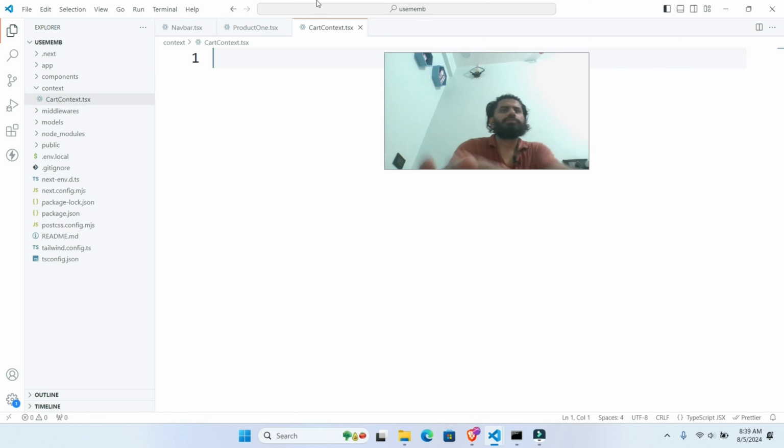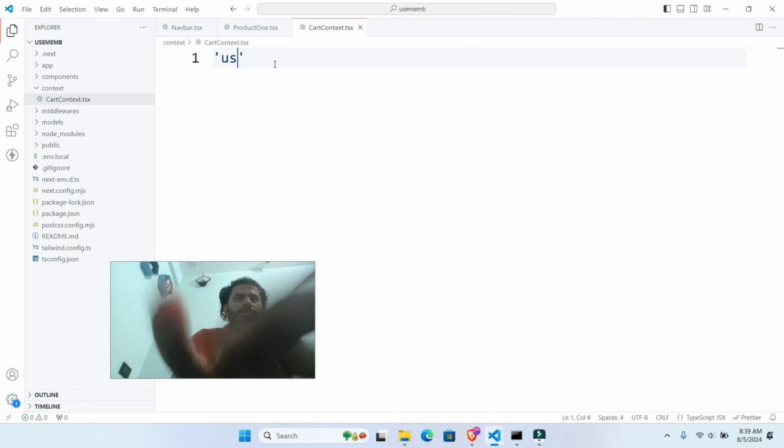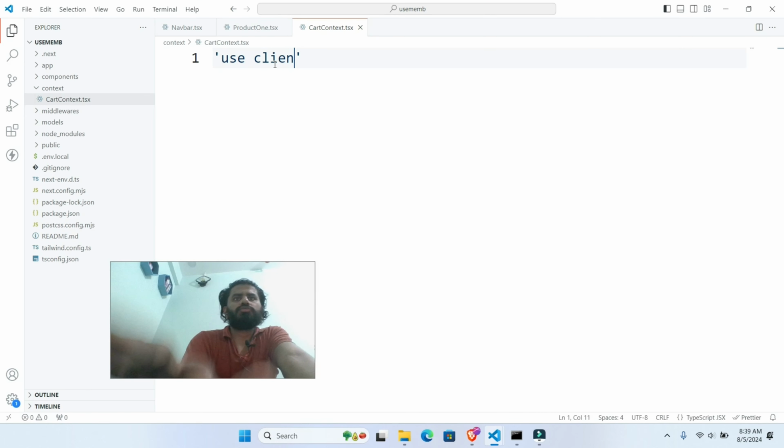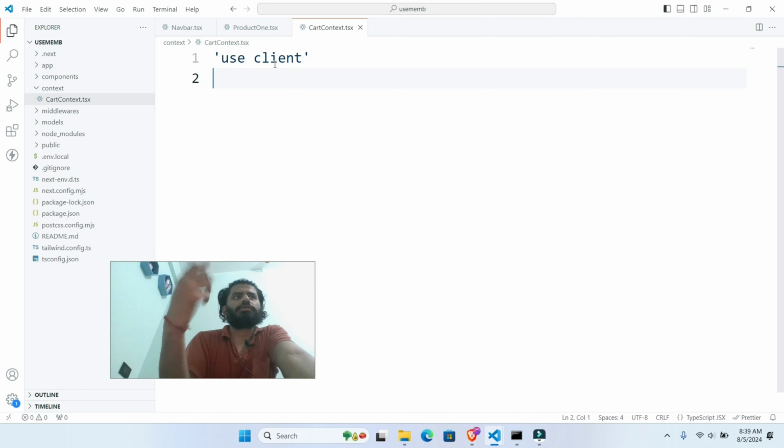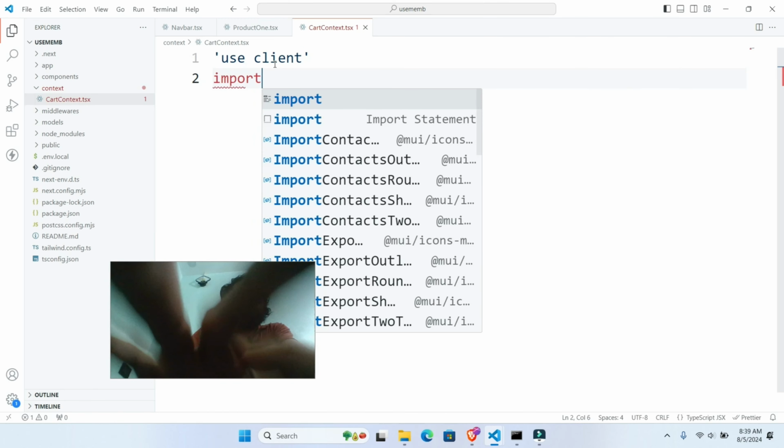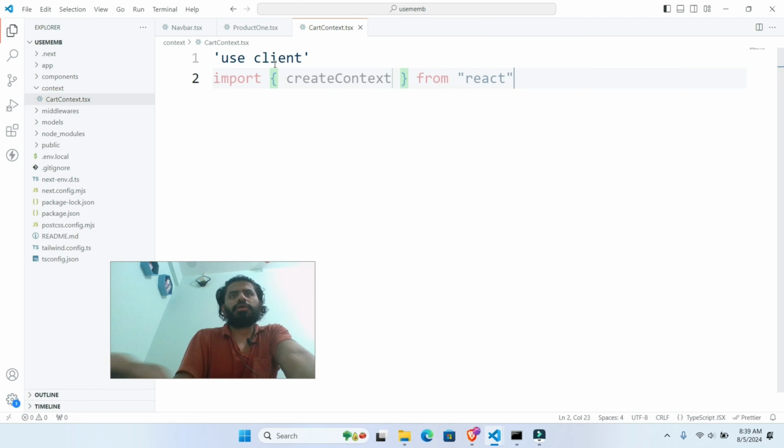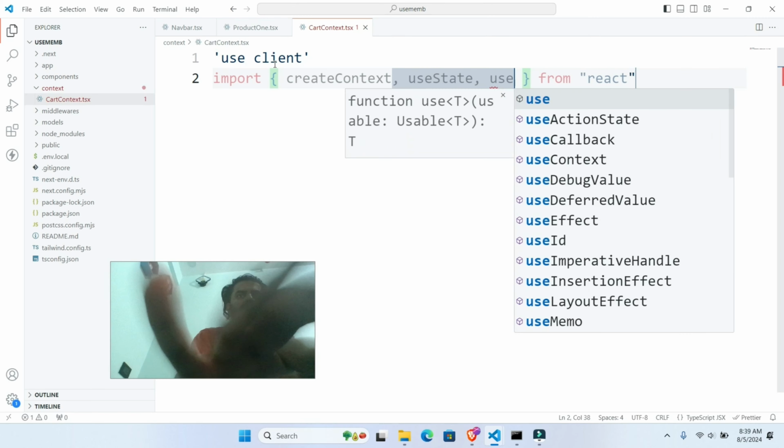I could have created a JS file as well, it totally depends. Let me add some use client. First of all, I have to use a use client because I'm going to use a React component. I'm going to add import createContext from React. Then I'm going to use useState from React. I'm going to use useEffect